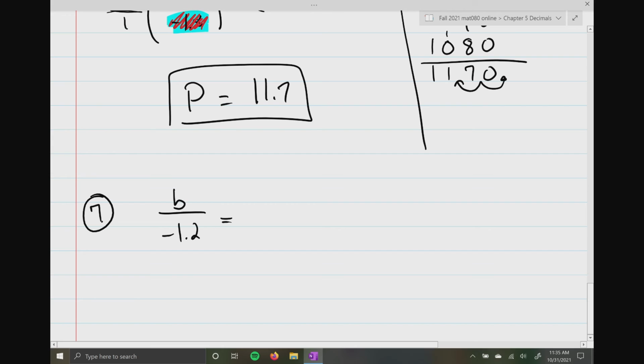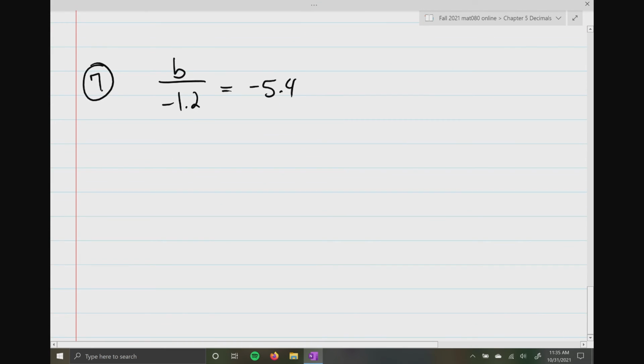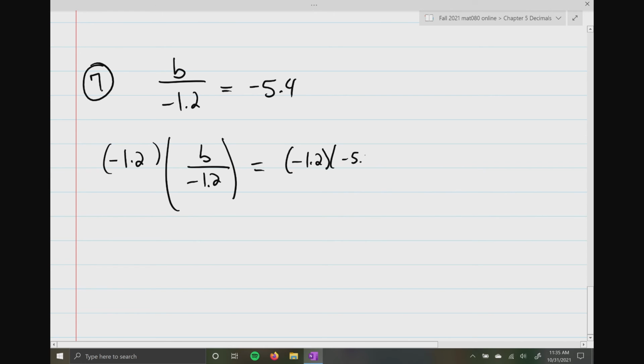So B divided by negative 1.2 equals negative 5.4. So once again, we're going to do the multiplication property of equality. So I'm going to multiply both sides by 1.2. Sorry, I meant negative 1.2. On the left-hand side, they reduce. So I'm left over with a B. But on the right-hand side, a negative times a negative is a positive. So I just have to multiply